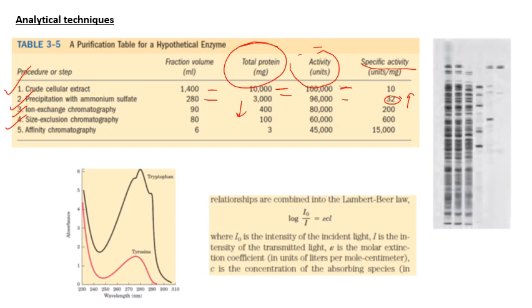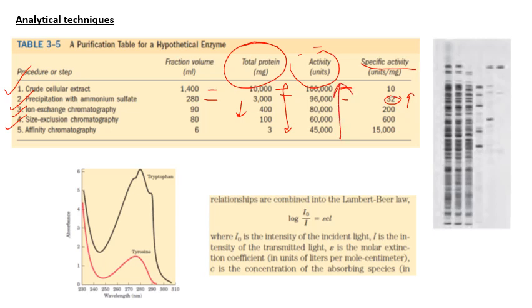and as you go on increasing the purity of the protein, you keep losing a lot of other proteins as well as your specific protein. So while you enrich for the specific activity because your specific protein has been enriched, you decrease the total protein amount and you increase the specific activity here,